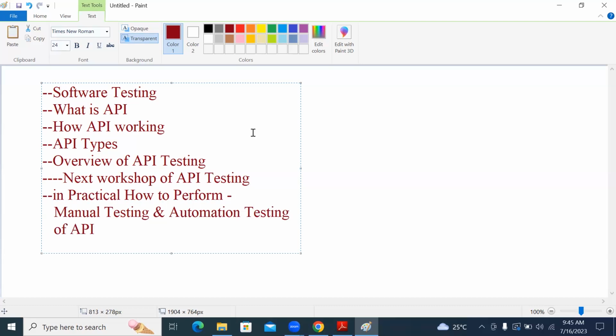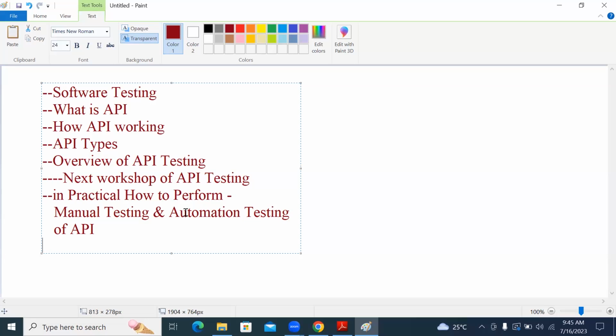I divide this into different workshops. As today is the very first workshop, we'll cover all the basic information. In the next workshop of our API testing, you will understand all the practical things like what exactly is meant by manual testing as part of API, what is meant by automation testing of API, how to perform that manual testing, and how exactly we can go with automation testing.